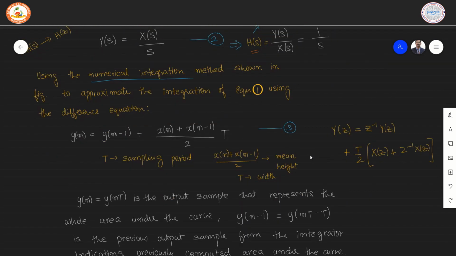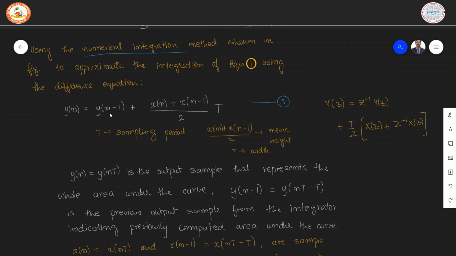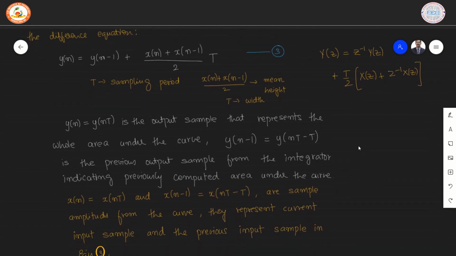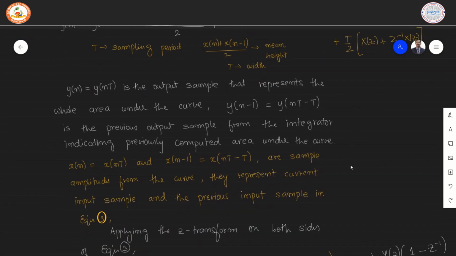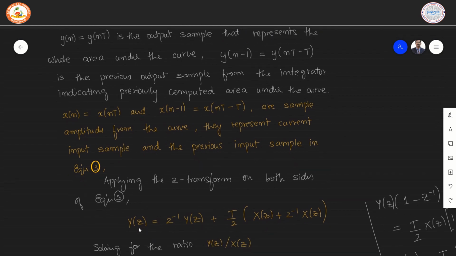Now, we have computed the various values. Now, let us apply the Z transform for this. Since it's in a digital domain, we have to take Z transform. Now, applying the Z transform on both sides of the equation will give you the result